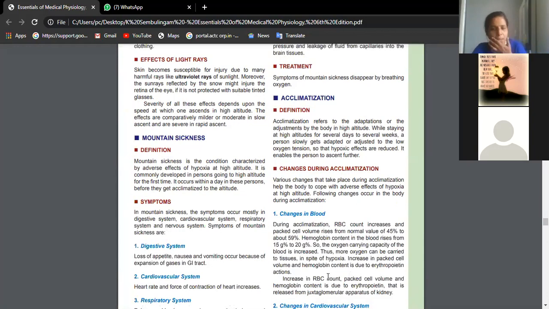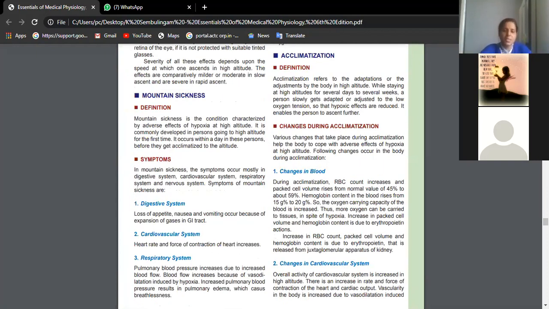Okay, so what is happening? Changes in blood. Bone marrow stimulation will be there, and you will see there is an increase in the production of bone marrow, so that more and more RBCs are available for carrying oxygen to the tissues. To some extent, it will compensate, but it will not help if the person is going very high from sea level. We know there are hormones like erythropoietin, which comes from the kidney and goes to stimulate the bone marrow for the production of more and more RBCs, which will cause erythropoiesis.